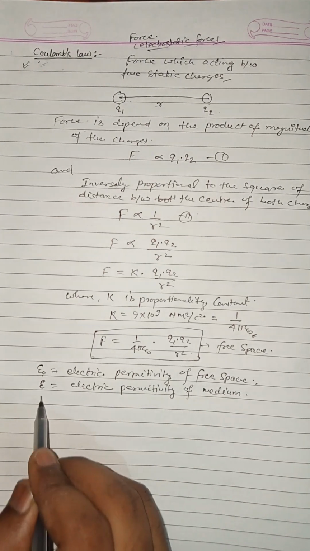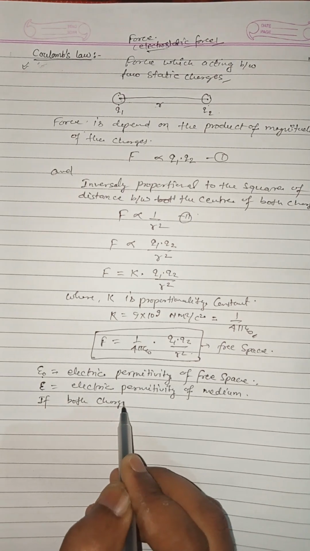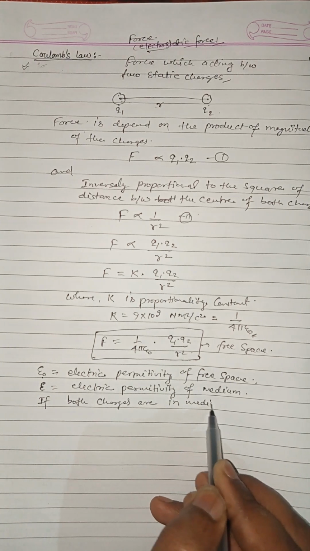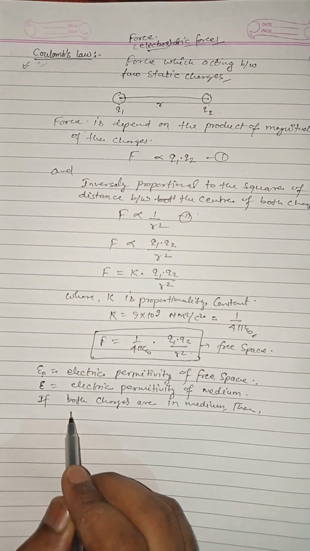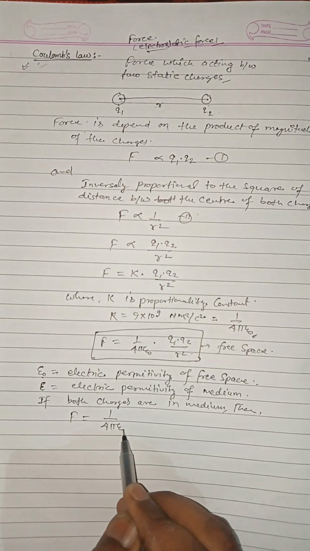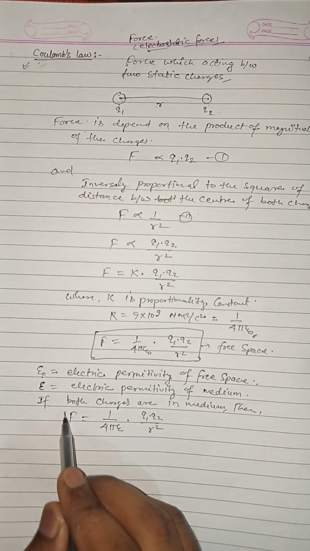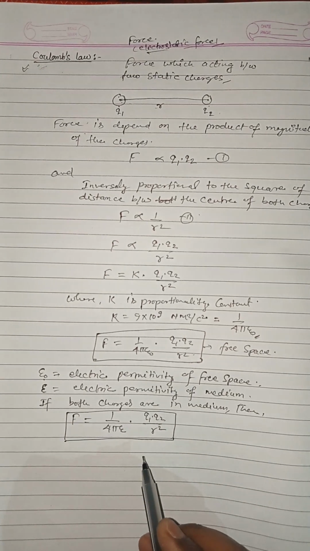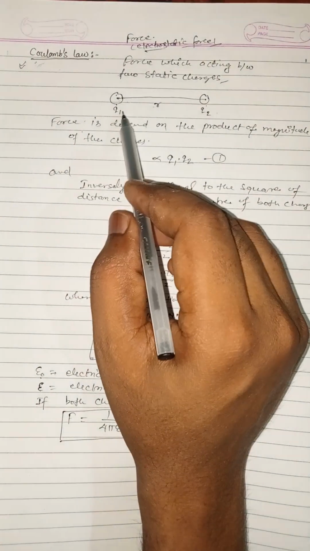So if both charges are in a medium, then the electrostatic force F is equal to 1 upon 4 pi epsilon Q1 Q2 upon r square. So this is Coulomb's law. And in Coulomb's law, it also says that if